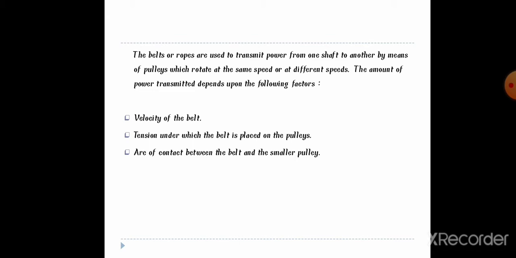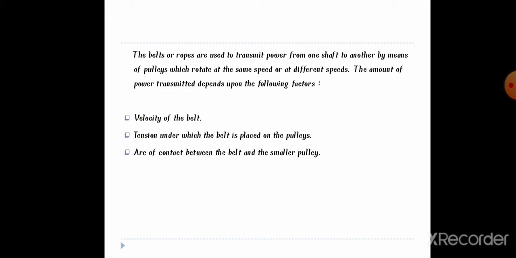Usually we have seen that power is transmitted from one shaft to another shaft by means of belts, ropes, chains and gears etc. Belts and ropes are used when the central distance between the driving and driven pulley is large. For smaller distances, gears are preferred, which can be helical gear, spur gear, etc. Belts, ropes, chains are flexible types of connector, that is, they can be easily bent.